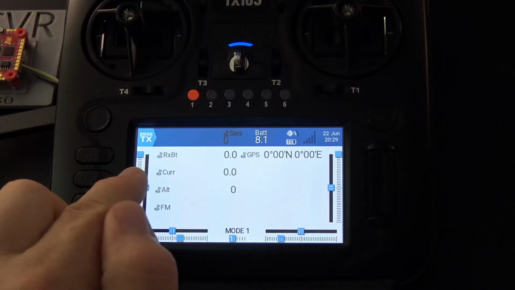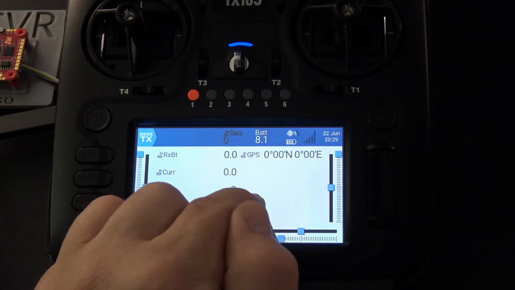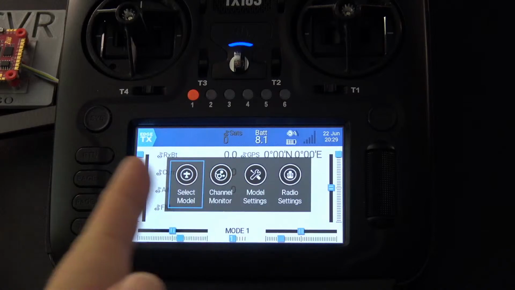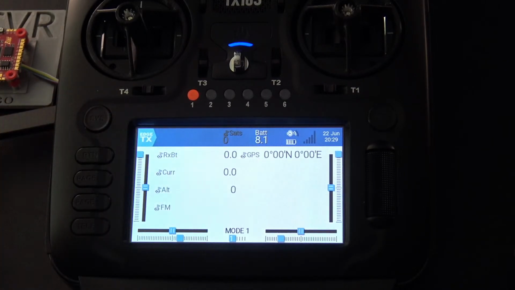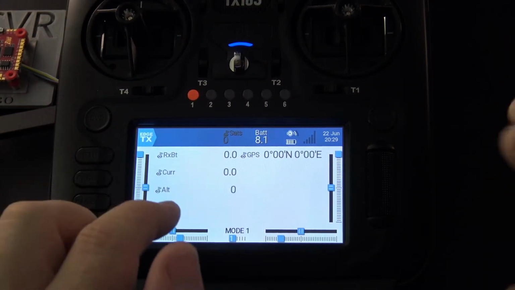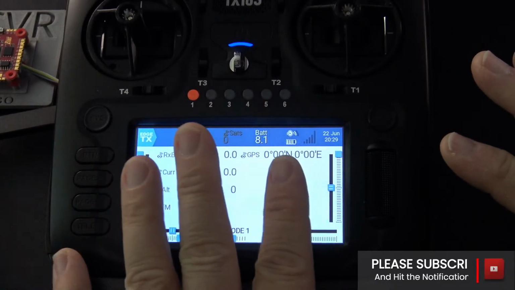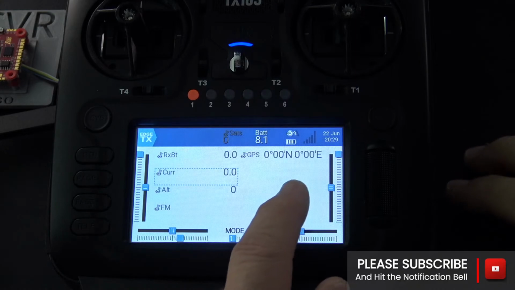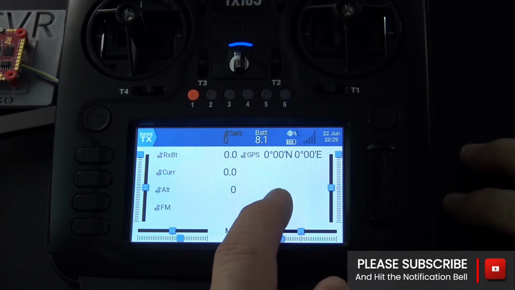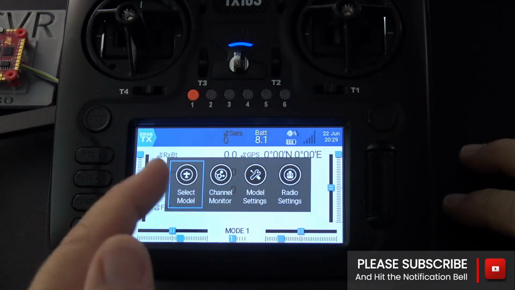If I scroll over to this screen and say, well, what happens if I press on that open space? Well, notice I got the pop-up. See, if you don't know what's going on, you might say, well, what the heck? That was random. That's supposed to be up here, right? No, what they're saying is that if there's a widget beneath your finger, the widget captures your finger, okay? If there is no widget beneath your finger, then the radio captures it and brings you the quick menu.